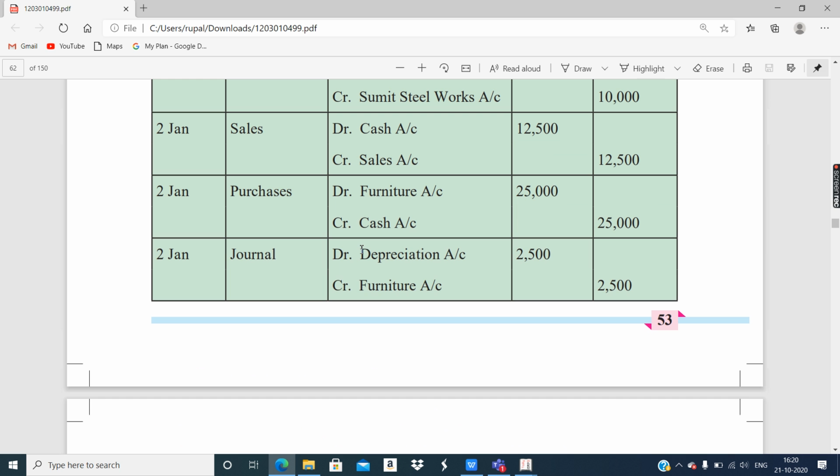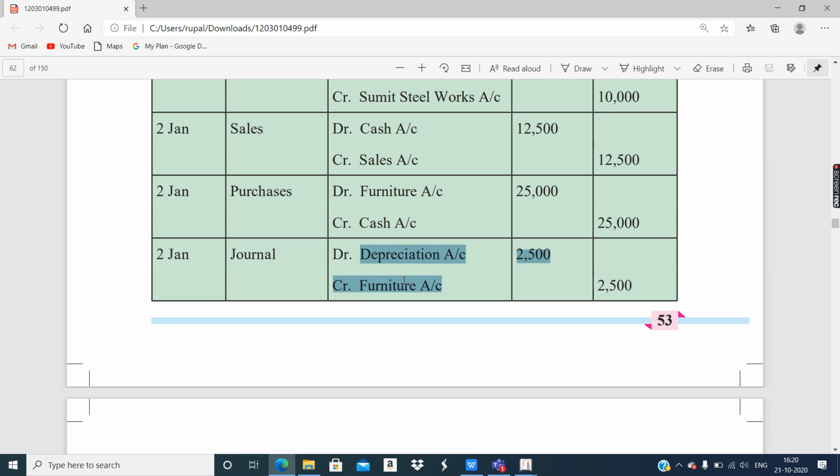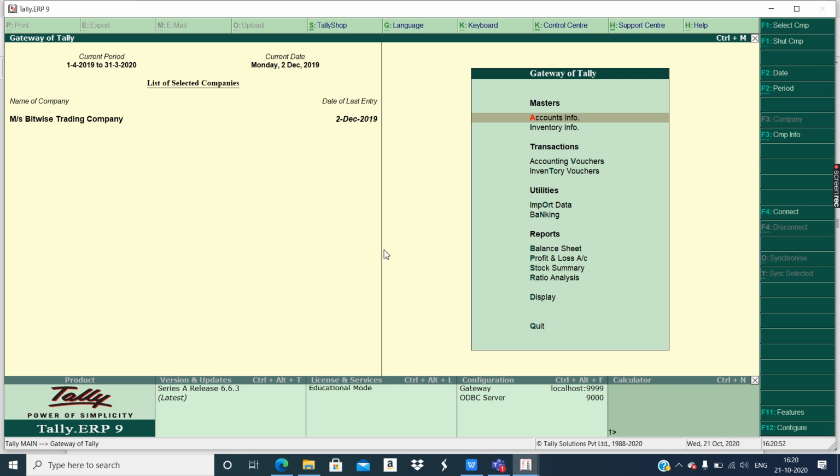Okay, and each and every entry I have explained in detail and the possible different varieties also. And we also tried which are correct and which are not correct as per the Tally software. Because you saw one entry related to the machinery, we discussed two possibilities and one possibility was totally not working. Okay, whichever works fine, you do that. All right, so this should be actually also guided by the college teacher. Okay, so please try to write and you can perform with the steps as I demonstrated.